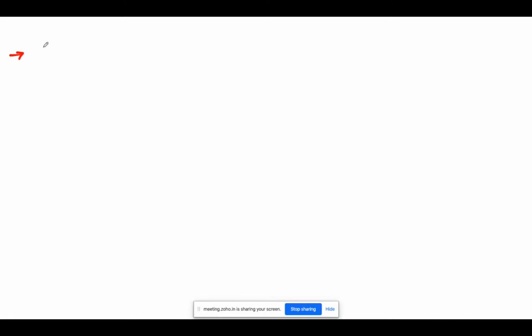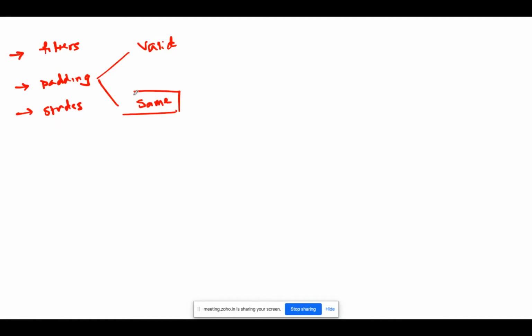So we are talking about filters, padding, and strides. Padding comes in two flavors: one is valid, the other one is same.